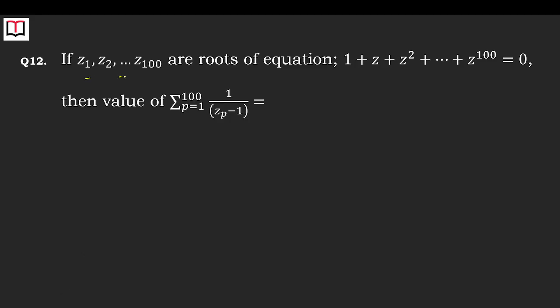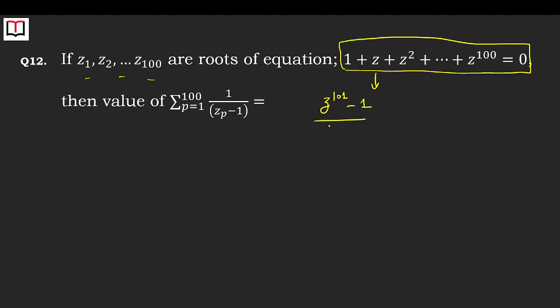The next question is: Z1, Z2, ..., Z100 are roots of this equation. Now what is it? If you use the formula for GP, it's (Z to the power 101 minus 1) upon (Z minus 1) equal to 0. So actually the roots are the roots of this equal to 0. But then you will say these are just 100 roots. It's a